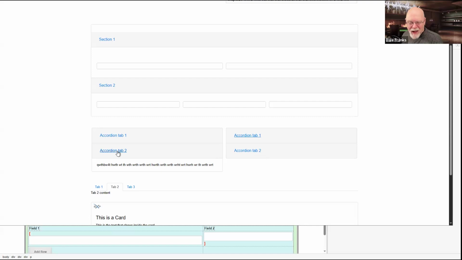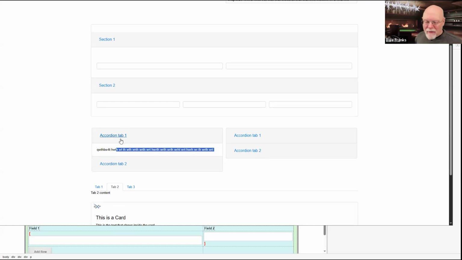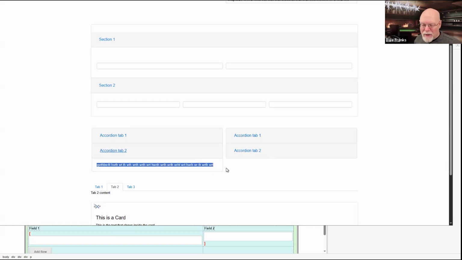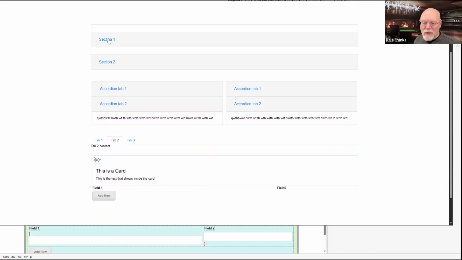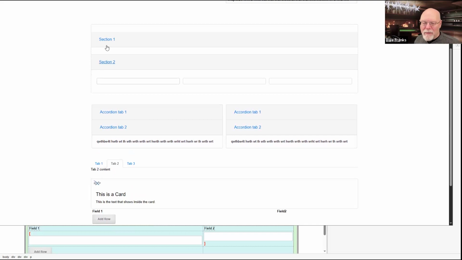I'm not a big fan of how it just switches between those tabs, and I can never go back to having both of these tabs open at the same time. I don't like that. And it happens up here too. If I go to section 2 and section 1, it swaps them off.